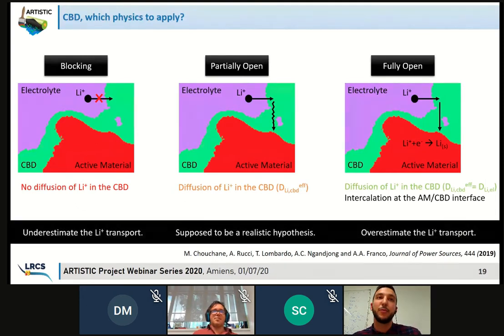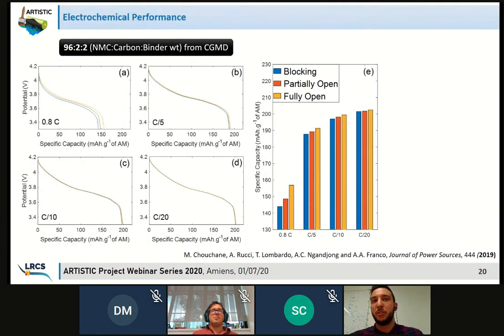So obviously, the first assumption will highly underestimate the lithium transport, because we know from experimental point of view that we have microporosity, which allows transport of lithium ion. The second one is supposed to be the more realistic one, because the last will for sure overestimate the lithium ion transport. So let's see, here are the results when we applied it to 96.4 electrode of NMC, which was